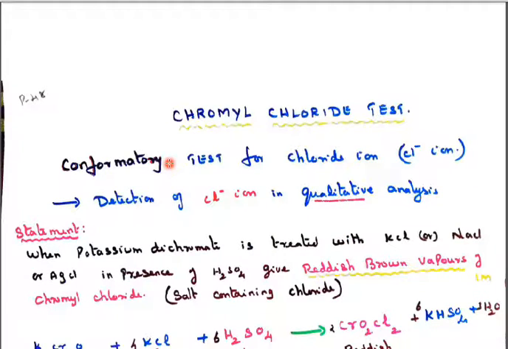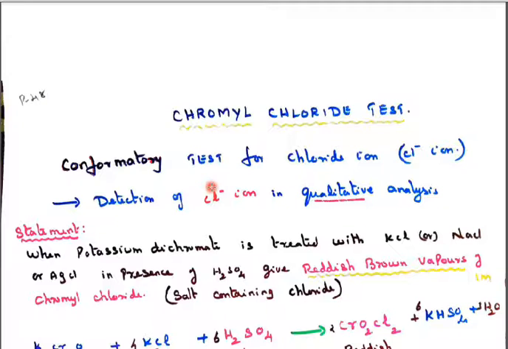Let us come back to the next topic, very important: the chromyl chloride test, because they are used in practical work. It is for the qualitative analysis of chloride, I mean chloride ion identification. It is the confirmatory test of the chloride ion. When you do the chromyl chloride test, potassium dichromate is added to whatever salt, zinc chloride, magnesium chloride or calcium chloride, will be provided in your exam.